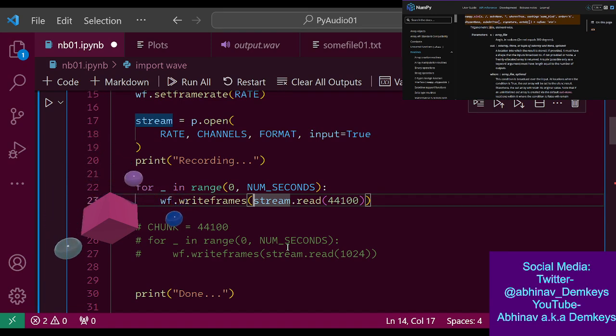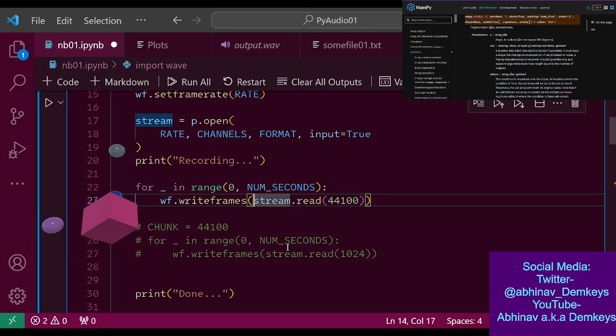Is the 1024 maybe the bit depth? No, the bit depth is 16. So 1024 frames being read means it's 2048 bytes because each frame is 16 bits. In this case, it's reading 1024 frames.